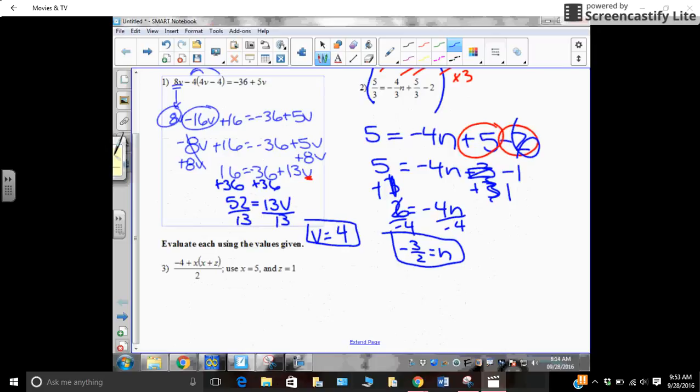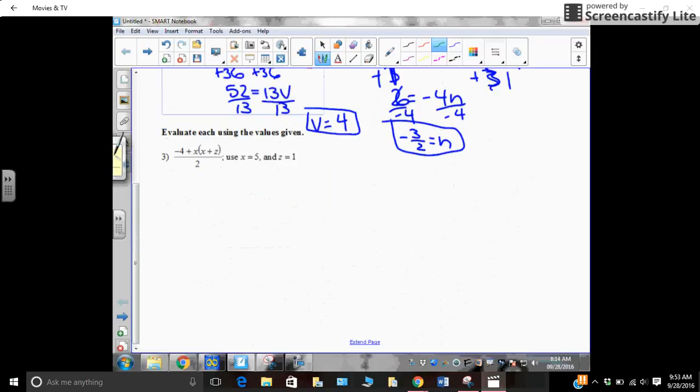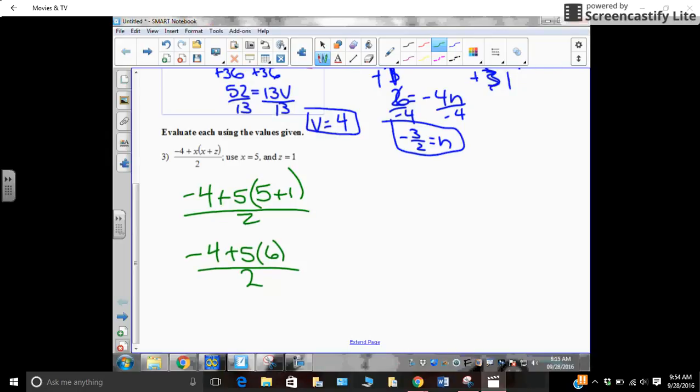The third problem is an order of operations problem where you have to substitute in for your variables first. So I'm going to substitute in 5 for x and 1 for z. Gives me -4 plus 5 times in parentheses 5 plus 1 all over 2. Doing my parentheses first, 5 plus 1 would give me 6. So I'd have -4 plus 5 times 6 over 2, or -4 plus 30